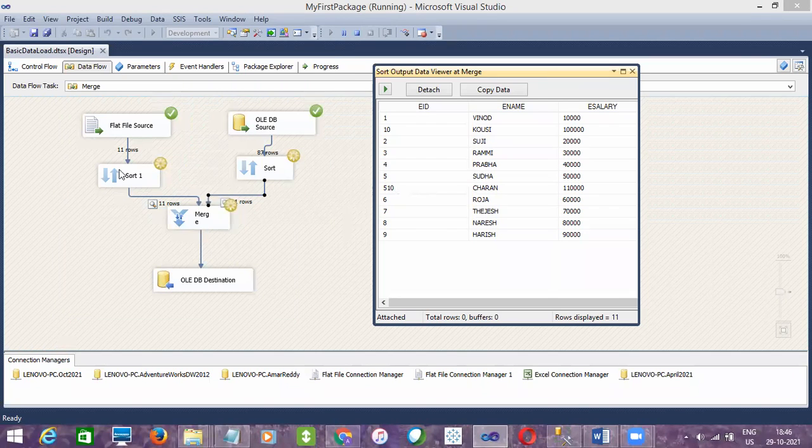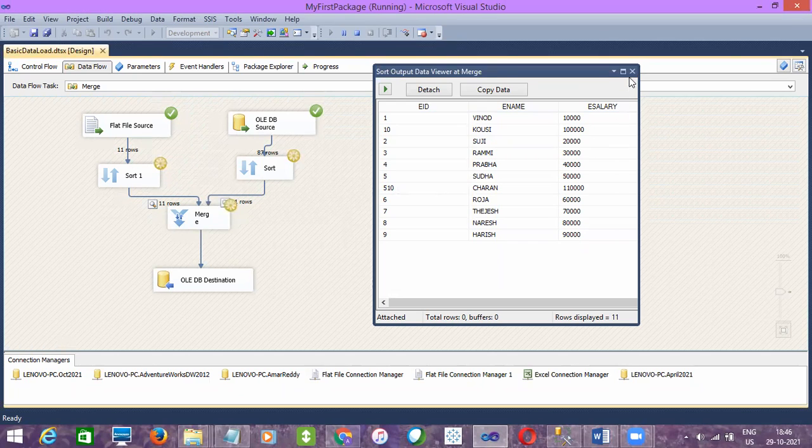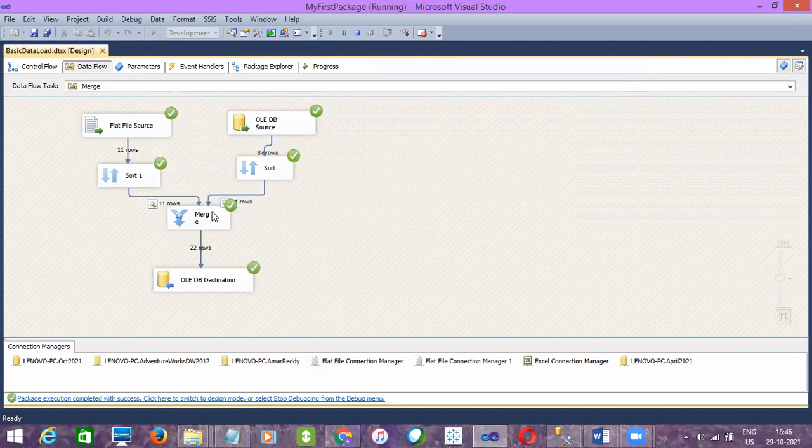11 rows, all are unique records it seems from here. So there are no duplicates from this side. And here you can see 87, and from here, if I close it, we'll get to know how many rows. Maybe here also 11 rows, right? Altogether we got 22 rows.